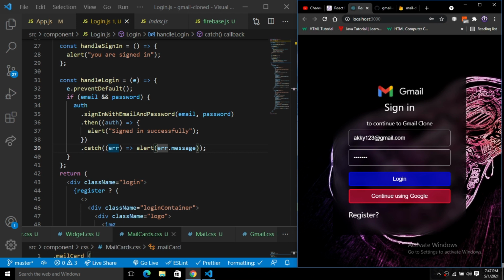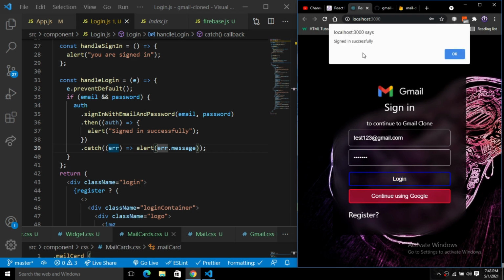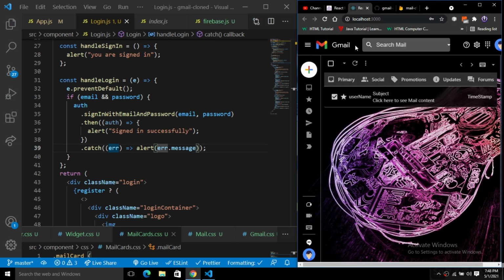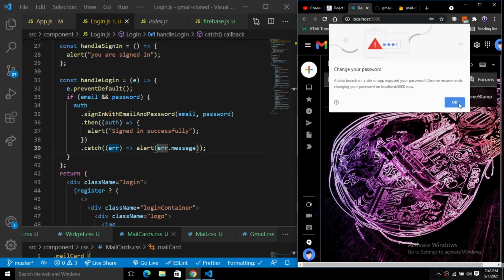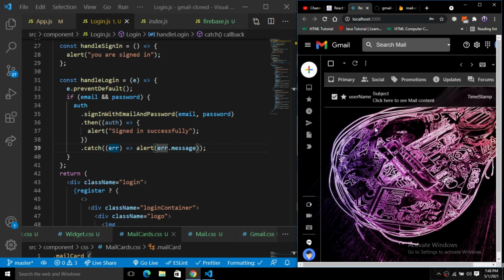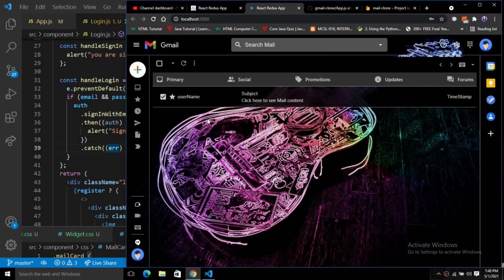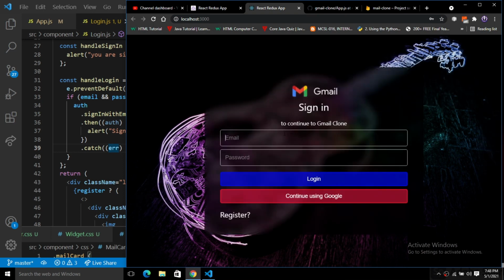I think it is not key12. Basically I think it is test123. So let's put this test and click on login. Now you can see the signed in successfully. When I click on this OK button, we will be thrown back to our home page. So we are back inside of our home page. We are done with our user login, register functionality, and the logout functionality. When I click on this, we will be logged out. This is the thing that we wanted to implement, and we are done with this.